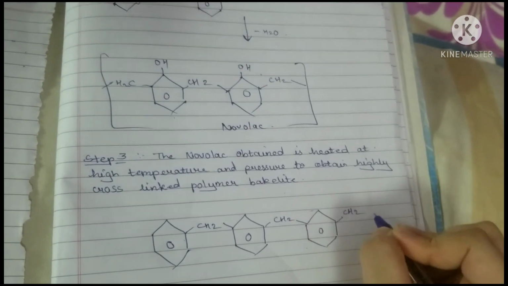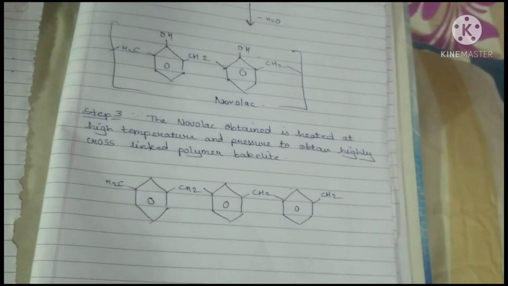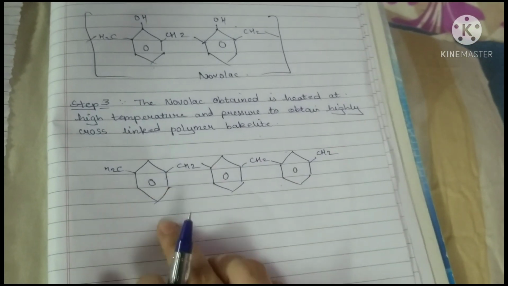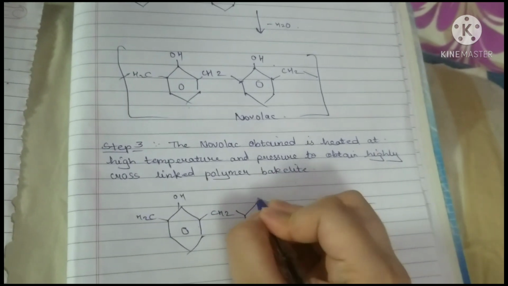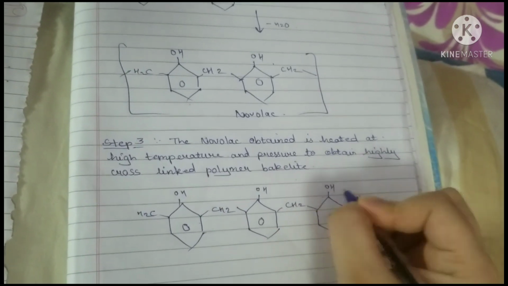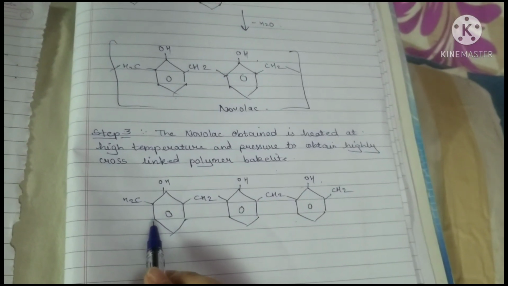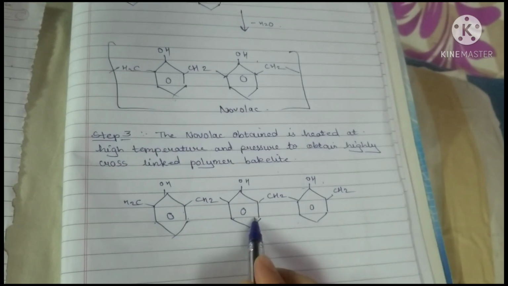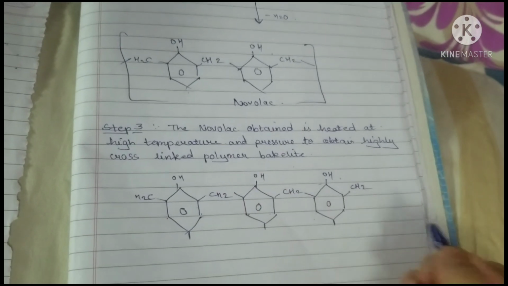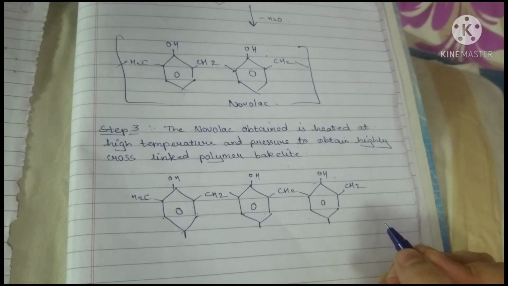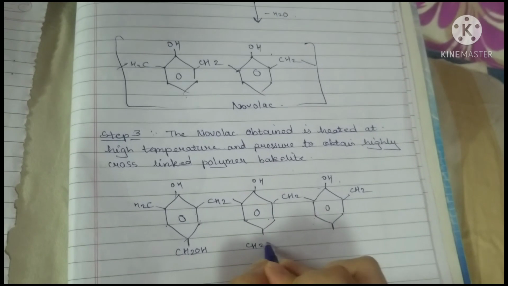Okay, so here also you will be having CH2, here also CH2. So this is the structure of novolac. Now if formaldehyde attacks here, and of course you have an OH group here. Now if formaldehyde attacks this novolac, then I told you it is not going to attack the meta positions because they are highly unstable. So it is going to attack the para position. So here we will get CH2OH, CH2OH, CH2OH.